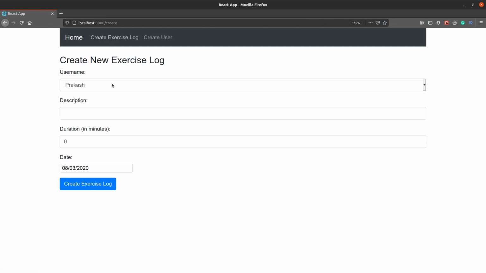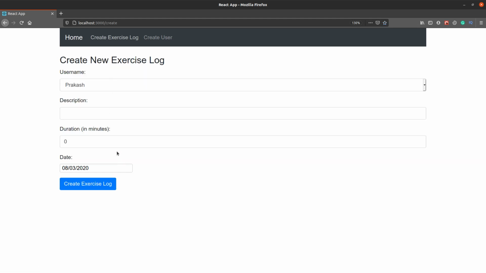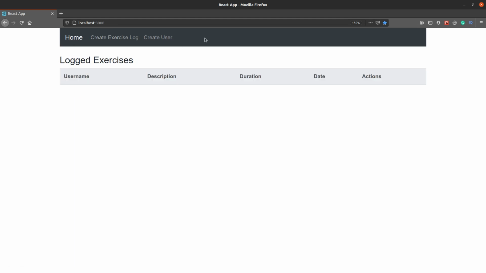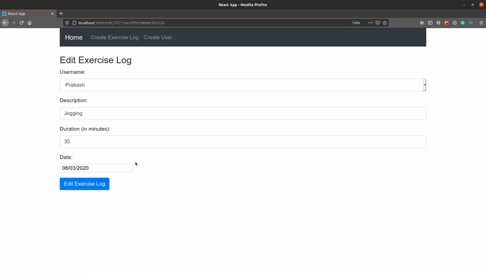So when we went to this screen and created an exercise, it took us back to the home page. Depending upon the code, it could stay on the same page displaying some alert, or go to some other page where we can actually see this in action. All right, whatever we have done so far is working fine, and let's see if that edit feature is working fine. If I change it from 30 to 45,